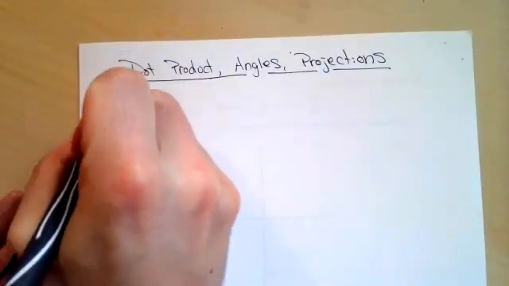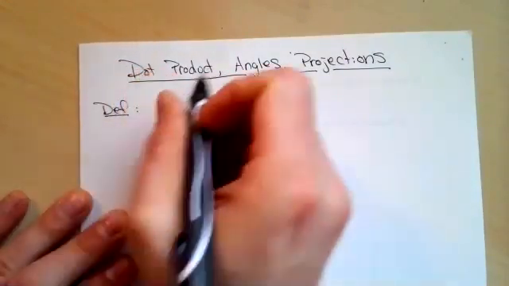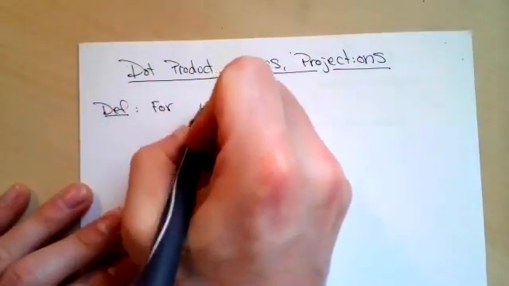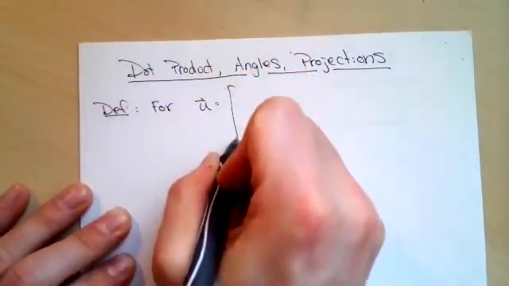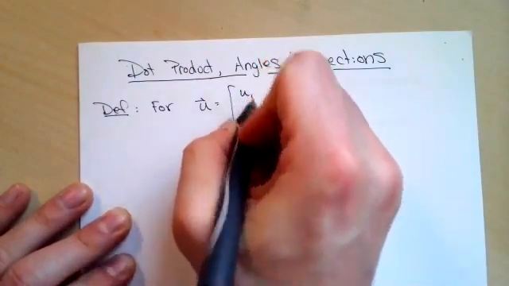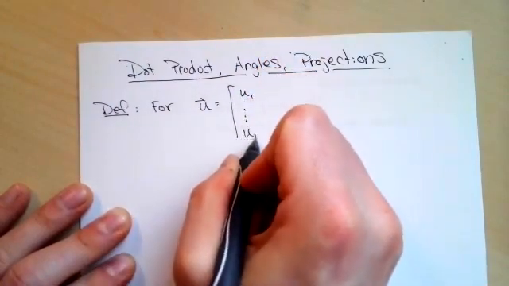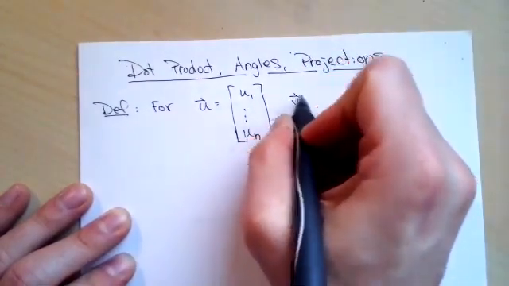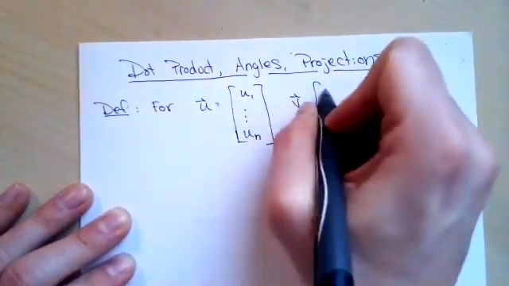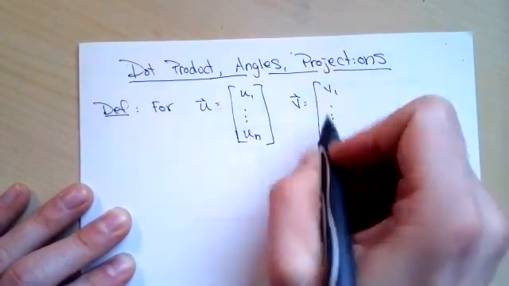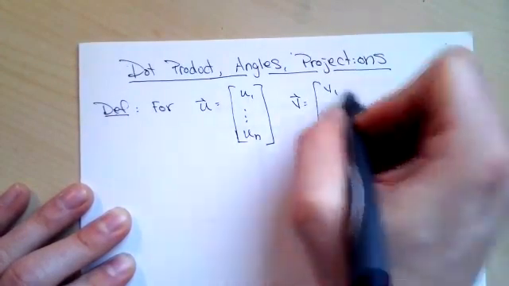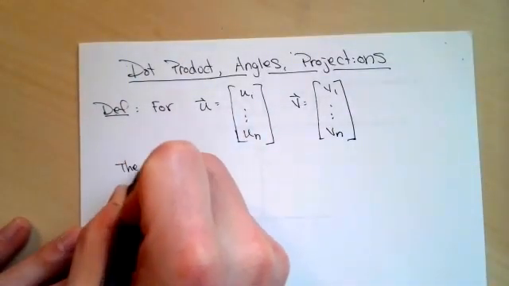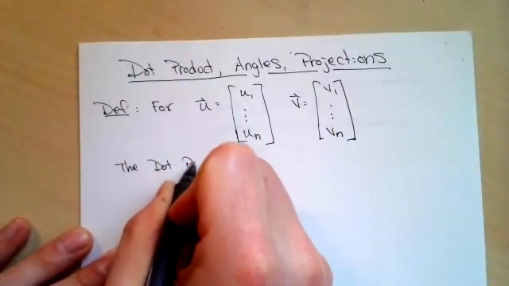So our definition: for u equal to u1 up to un, v equal to v1 up to vn, the dot product